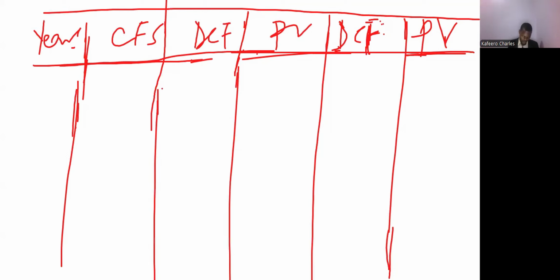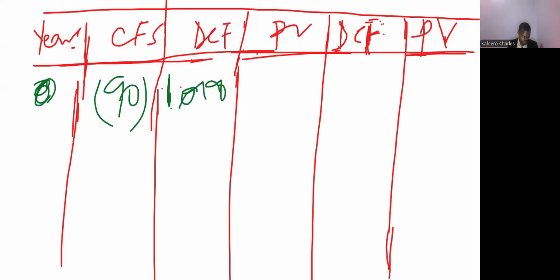So we are going to start filling in the values that we have. We start from year 0. We are investing at market value. The market value was 90. The discount factor is 1.0. Here we pick any rate. So I'm going to use 10%. So when I use the 10%,